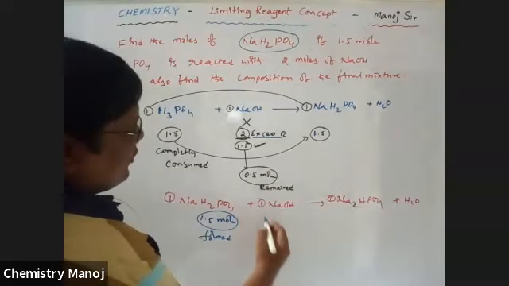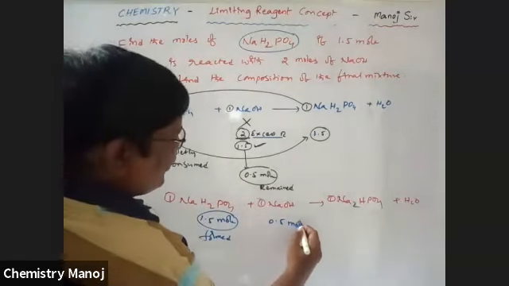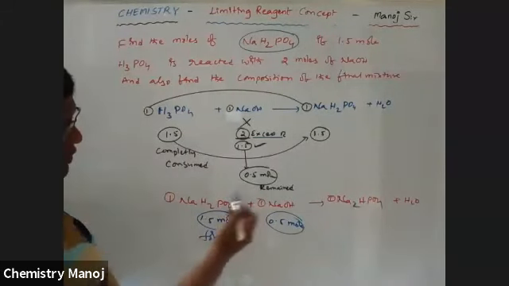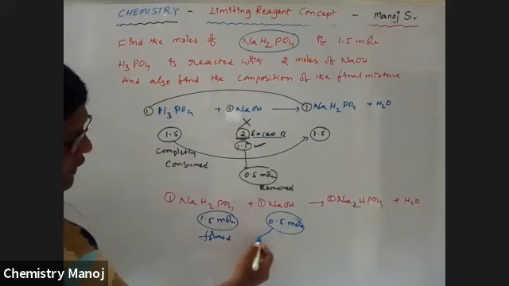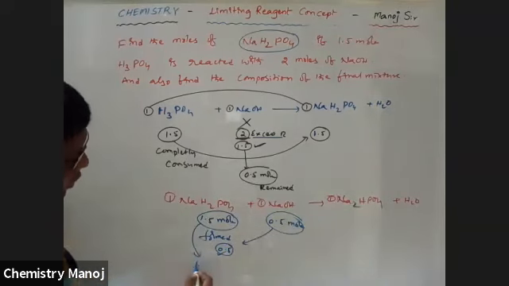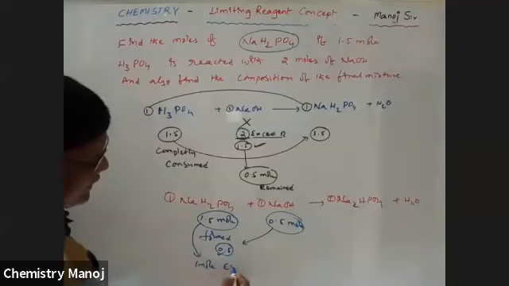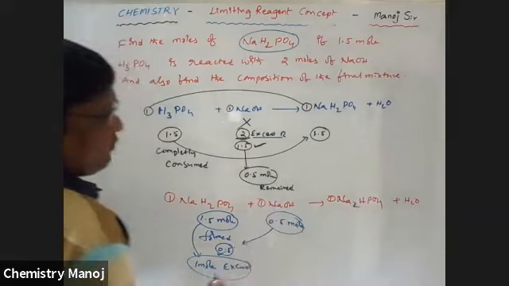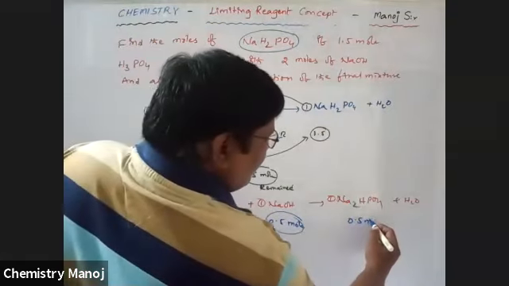How much NaOH remained? 0.5 mole remained. As per knowledge, 1 mole reacts with 1 mole, so 0.5 mole reacts with 0.5 mole. So this 0.5 gives 0.5 mole